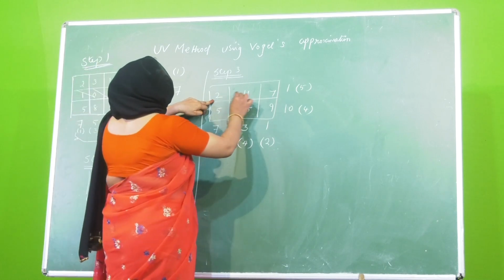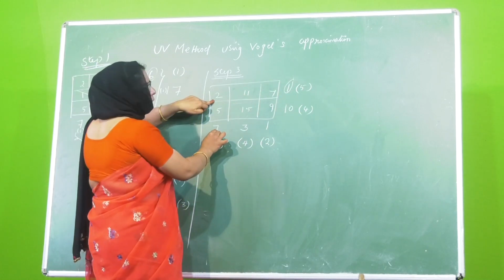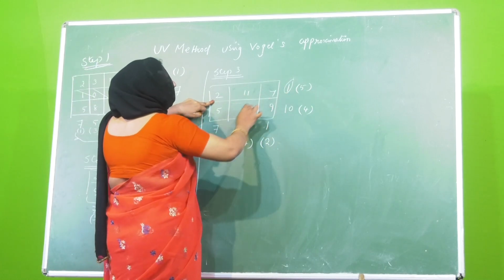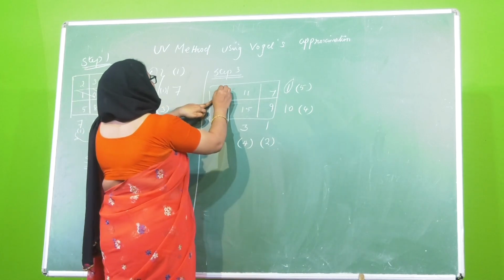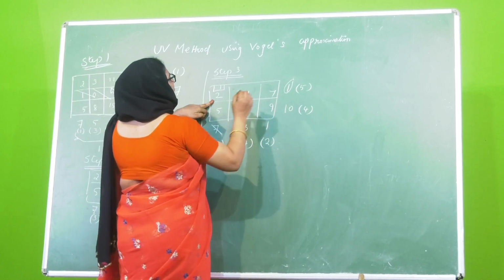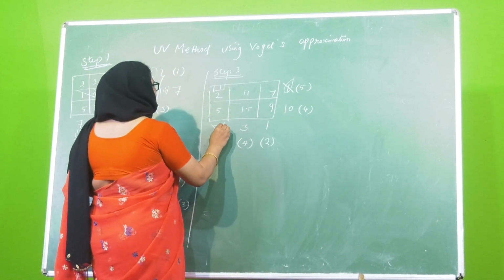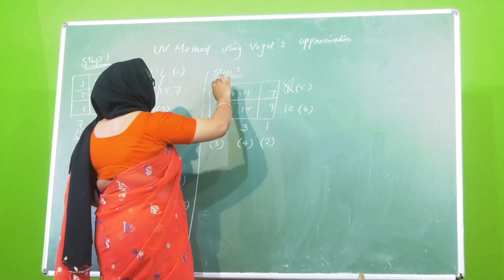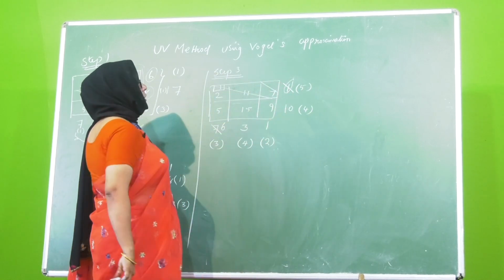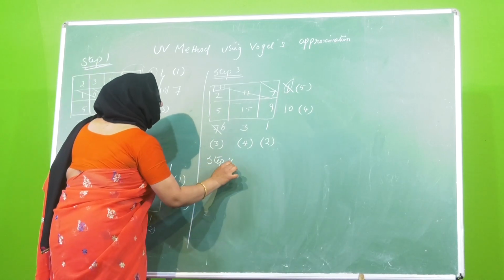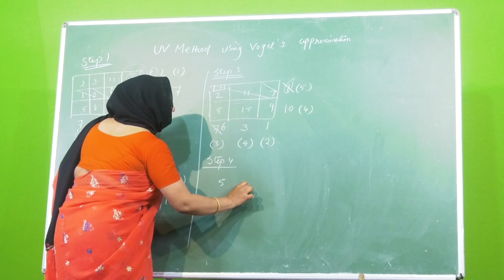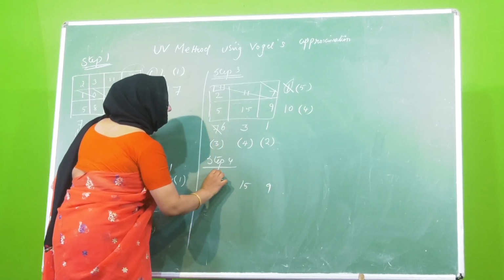So the corresponding row element is 1 and the column element is 7. Compared to 1 and 7, which one is the least value? 1 is the least value. So you have to allocate 1 and subtract 7 minus 1, 6. So remaining the first column first row is to be vanished. Next step 4. So 5, 15, 9,